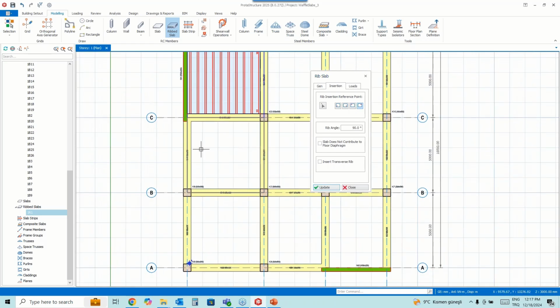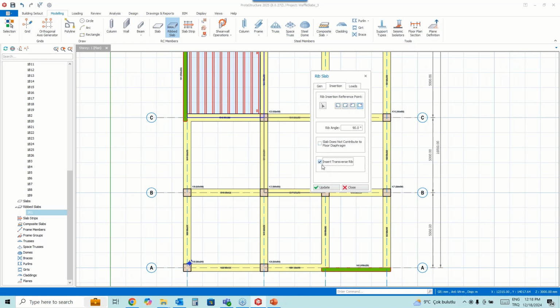And also, if you continue with the same, it will be aligned automatically. If you don't want to contribute this slab in the diaphragm, you can select this option. So the slab won't be considered in the diaphragm.